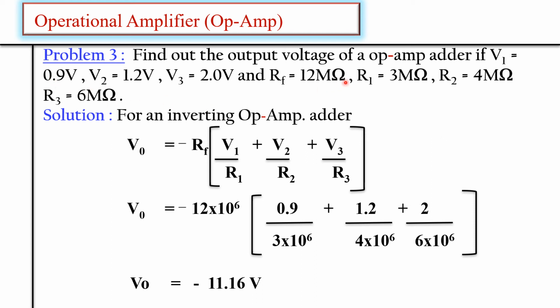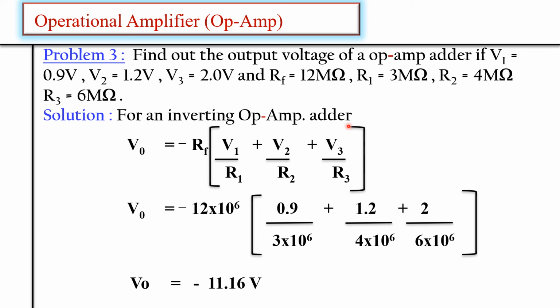See student, you have to take care about conversion. Either the resistances are in kilo ohm or mega ohm, you have to convert them, and the voltages, whether they are positive or negative, you have to take into consideration, and their units also. If they are in millivolt, you have to convert into volt. You can't keep one in millivolt and another in volt. So first you have to do the conversion. Clear?